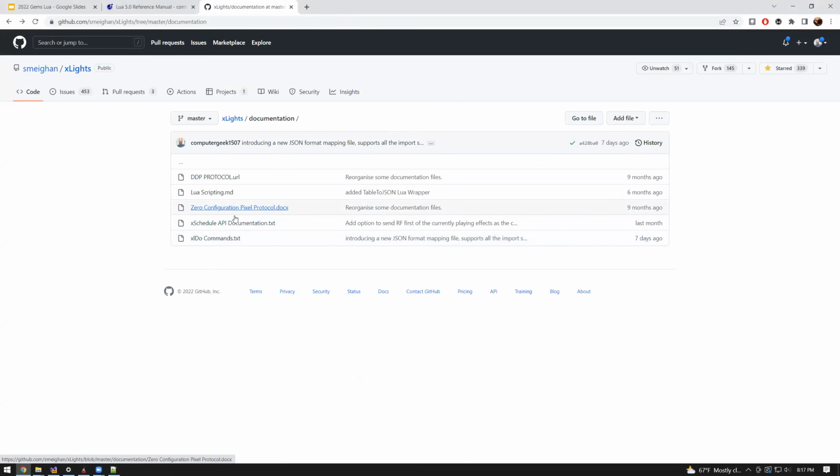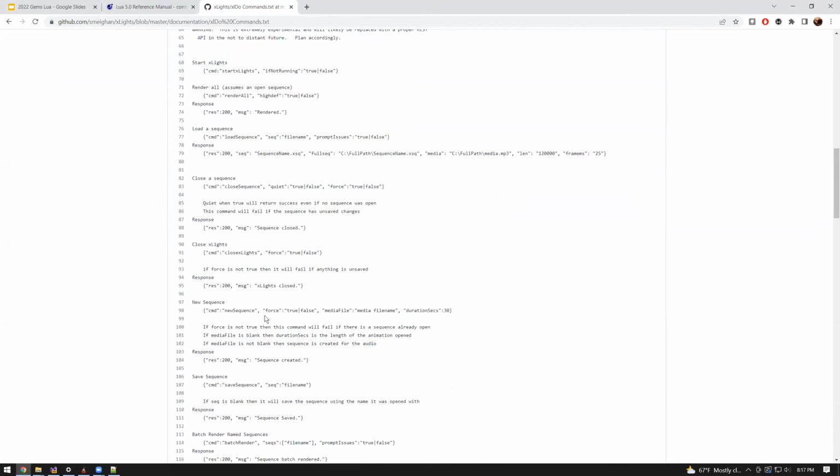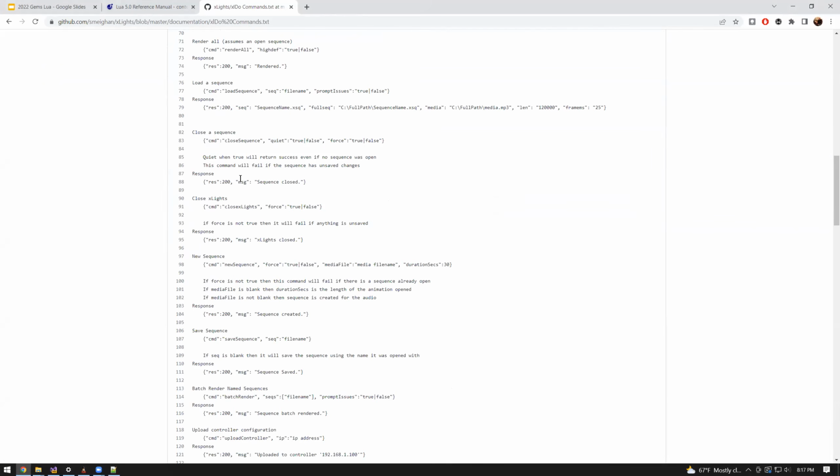So if you look in the xLDO commands here, it'll have a response. What the Lua wrapper layer is doing is taking this JSON response and turning it into a table. So if you see in my script here,